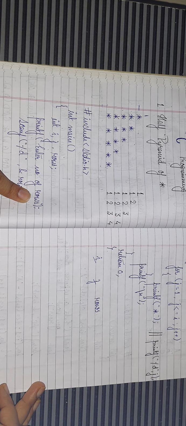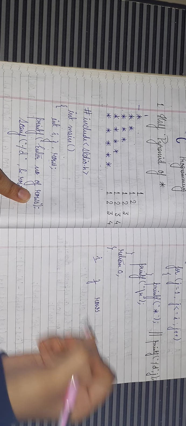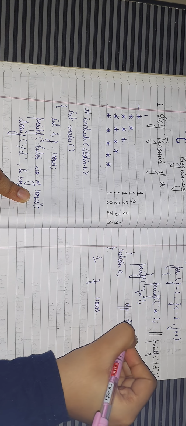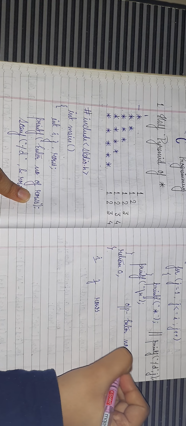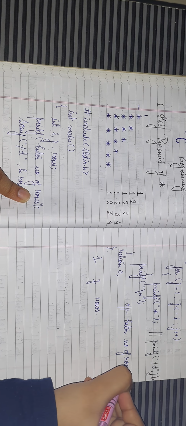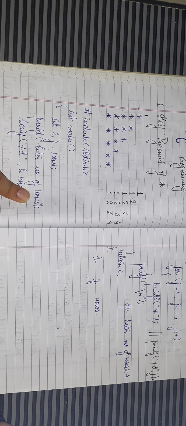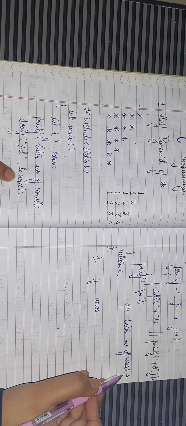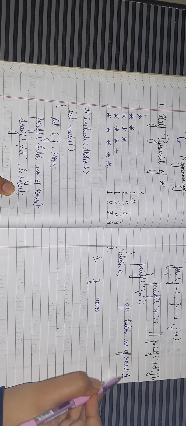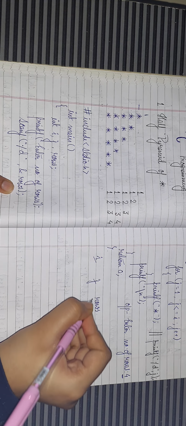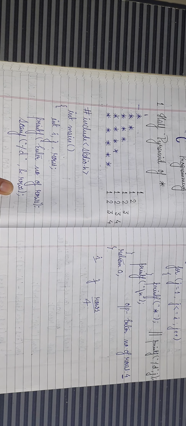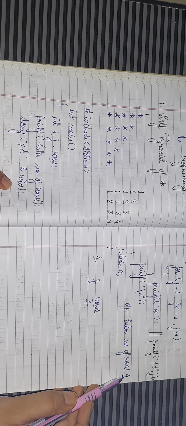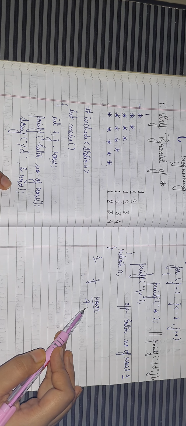So after that, our output will be here: enter the number of rows. For example, I enter 4 rows. Okay, 4 rows I entered. So scanf with percent d and ampersand rows will take this 4 into the rows variable, right? So that 4 which we have given here. Okay, scanf is used to get the value, that is 4 is stored in the rows variable, right?